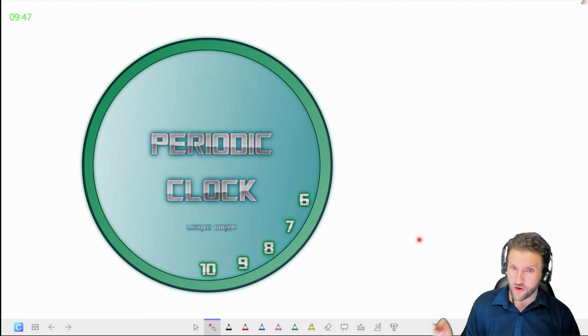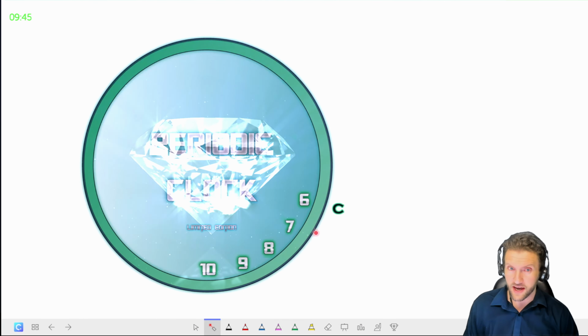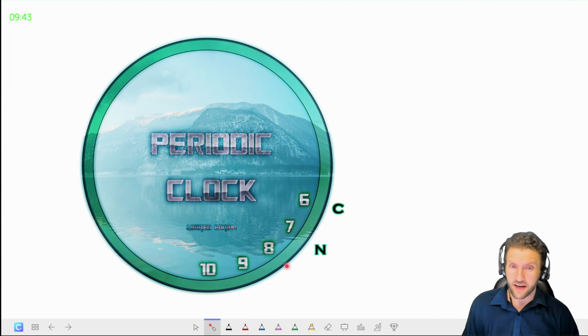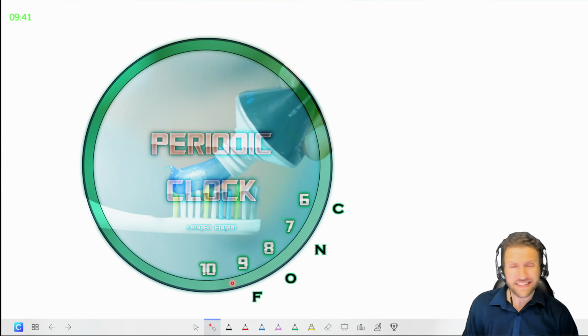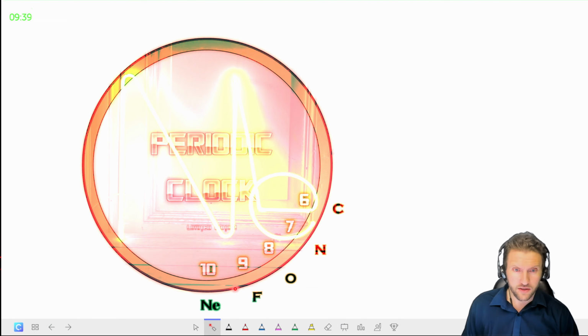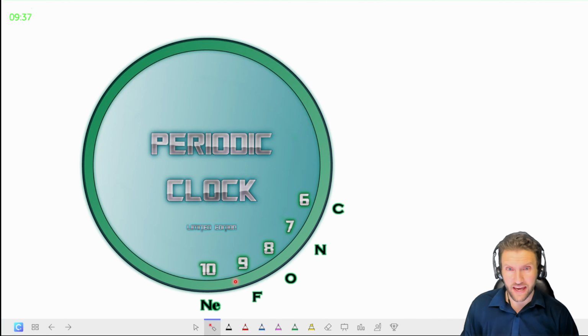Okay, quick revision while we're here. 6 was carbon, 7 nitrogen, 8 was oxygen, 9 fluorine, 10 neon. But you know it doesn't stop there. We could totally add a little bit more detail. Now take note, we might drop off on the bottom here. Hopefully not. Let's add in another